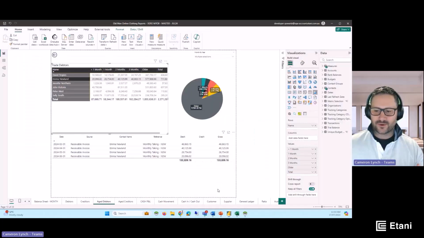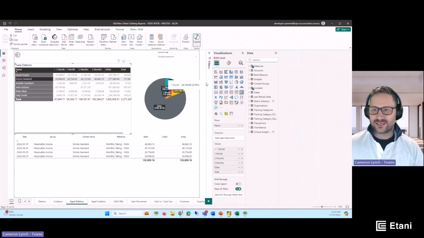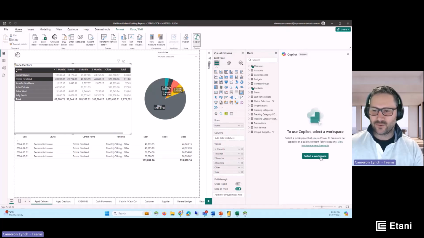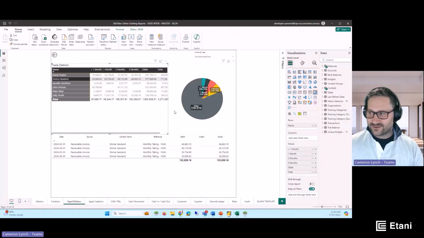The thing I wanted to talk about, I mean, first off, anytime I try and use Copilot, it doesn't work for me. So I don't know how everyone else is going. It always tries to connect to a workspace and it just doesn't work. But I can still use Copilot differently. I just use ChatGPT directly.